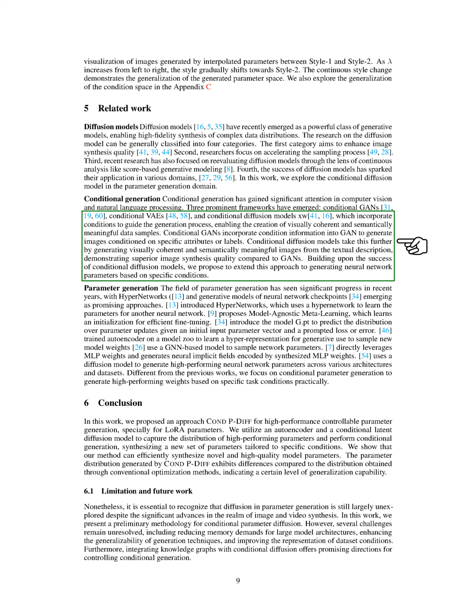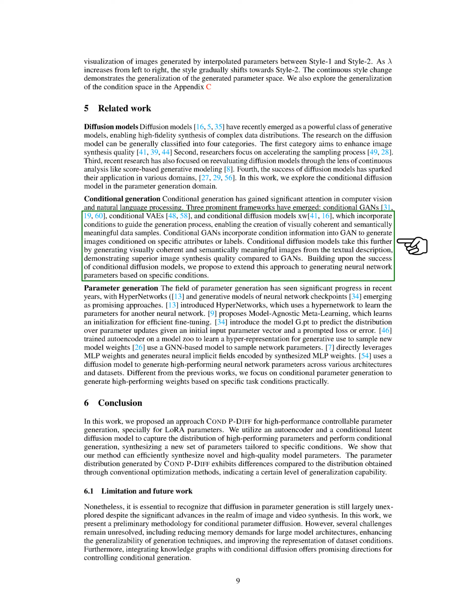These frameworks use conditions to guide the generation process, resulting in data samples that are both visually coherent and semantically meaningful. Conditional GANs generate images based on specific attributes or labels, while conditional diffusion models improve upon this by creating images from textual descriptions, achieving better synthesis quality than GANs. Building on the success of conditional diffusion models, we aim to extend this method to generate neural network parameters based